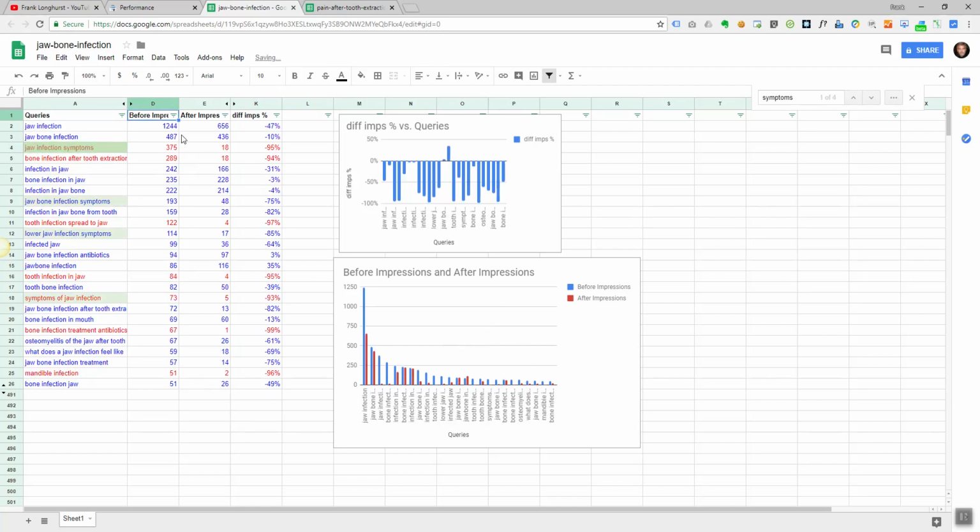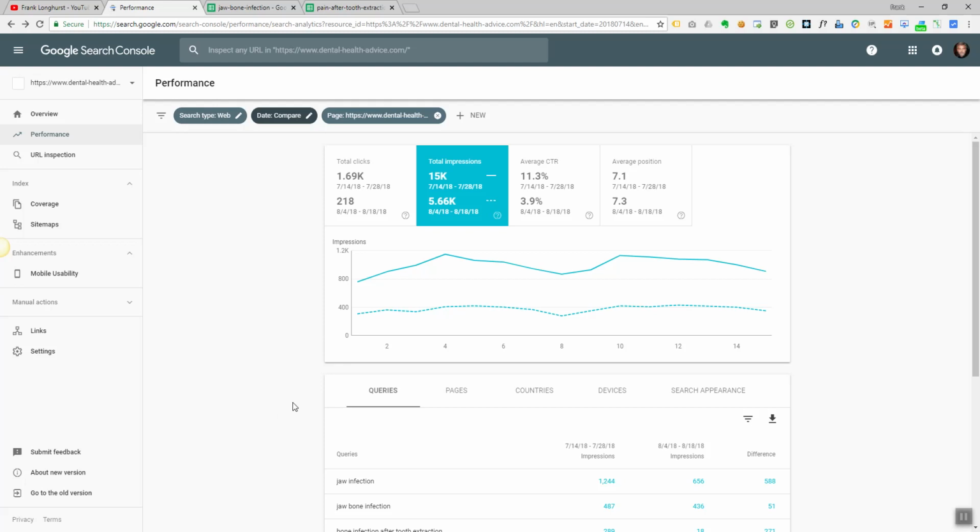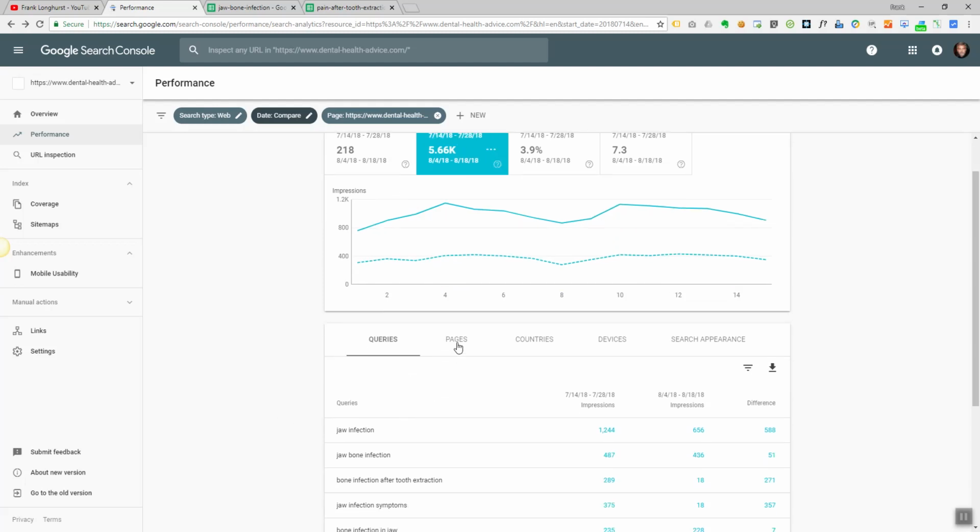Sort from Z to A. The top is 1240. So everything with a symptom in it was probably the second most searched number. Now the reason I say that is because if I go to performance, I go back to pages,